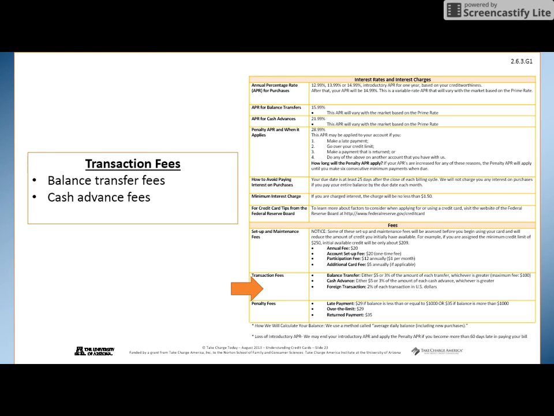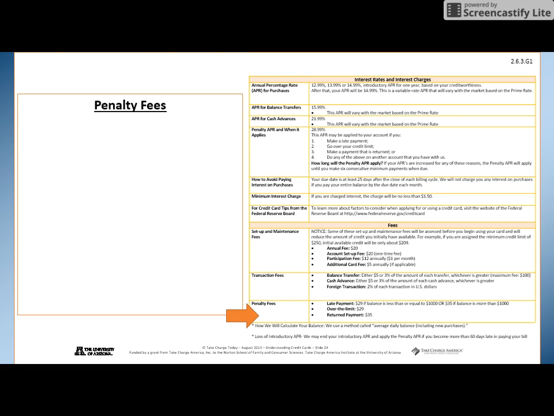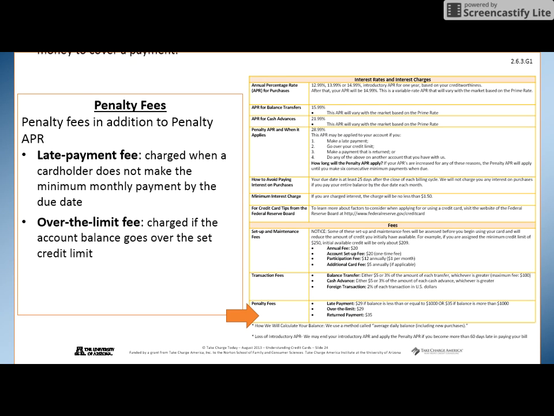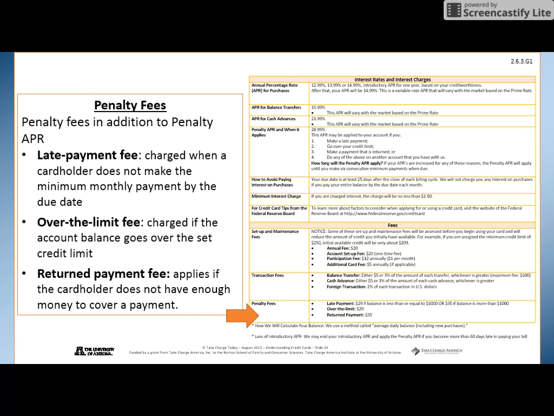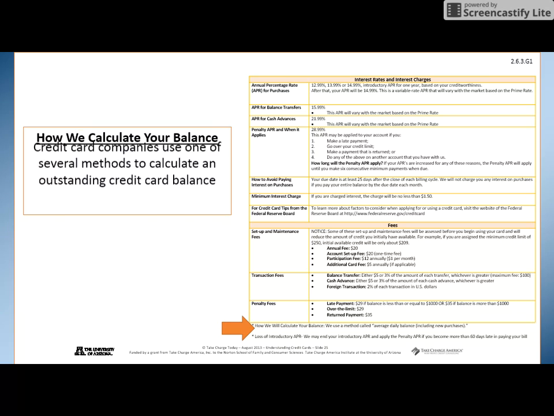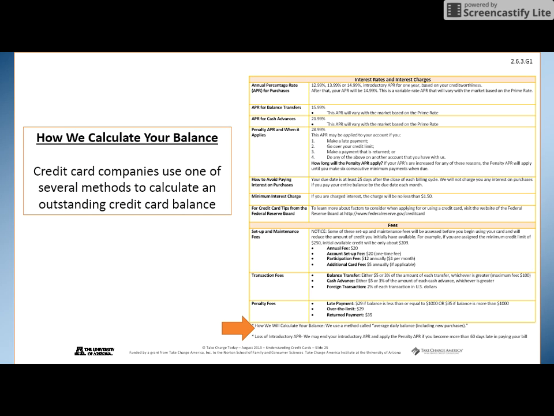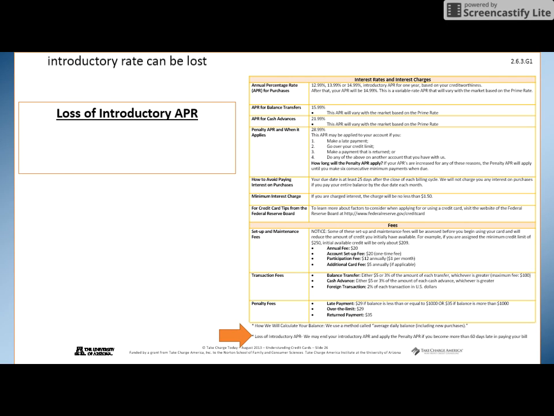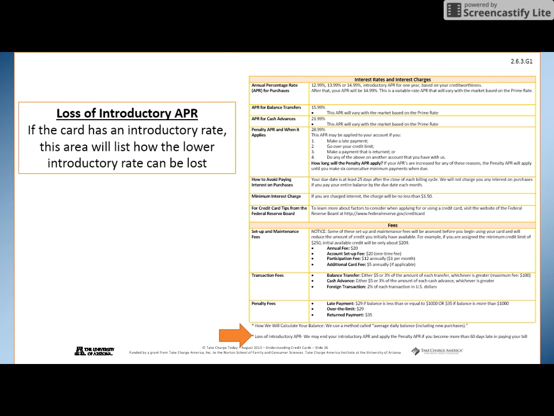Transaction fees are balance transfer fees, cash advance fees, and other. And then penalty fees are fees that are charged in addition to the APR. So late payment fee, over the limit fee, and the return payment fee. How to calculate your balance. Credit card companies use one of several methods to calculate outstanding balance. And then lastly, the loss of introductory APR. If a card has an introductory rate, this is the area